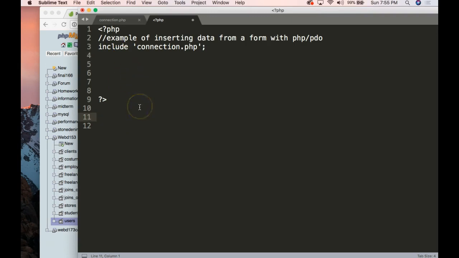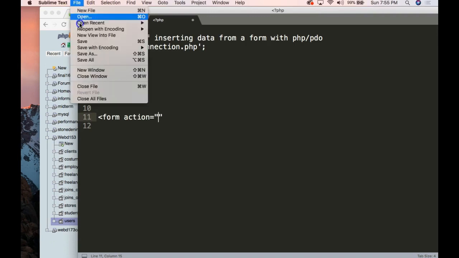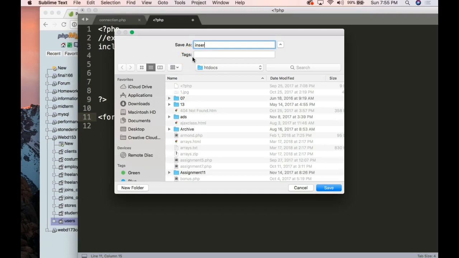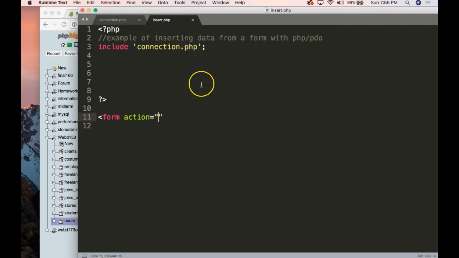So I'm going to create a form real quick. Now notice I don't even have HTML. I have no body tag, nothing like that. I don't want to get caught up in any semantics. I'm going to call this insert.php. Okay. And my form action can go to insert.php. We've been over the forms earlier, but it takes a lot of practice to get used to it if you're new to this. So I'm just going to create a one-field form